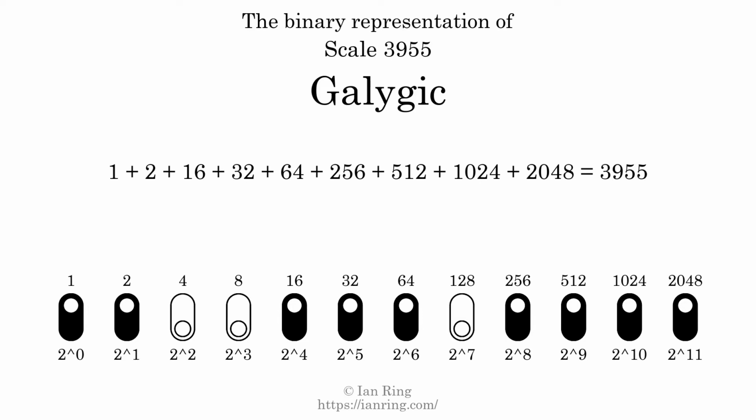The powers of 2 that are present in the scale, all added together, equals 3955. That is why the scale number, in decimal, is 3955. The scale number not only enumerates the scale with a unique index, but it also literally describes the tonal content of the scale. Represented as a binary number in base 2, the scale number is